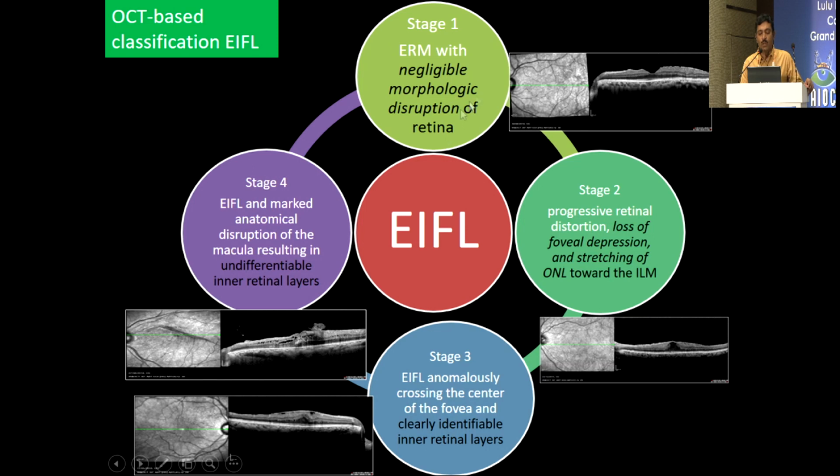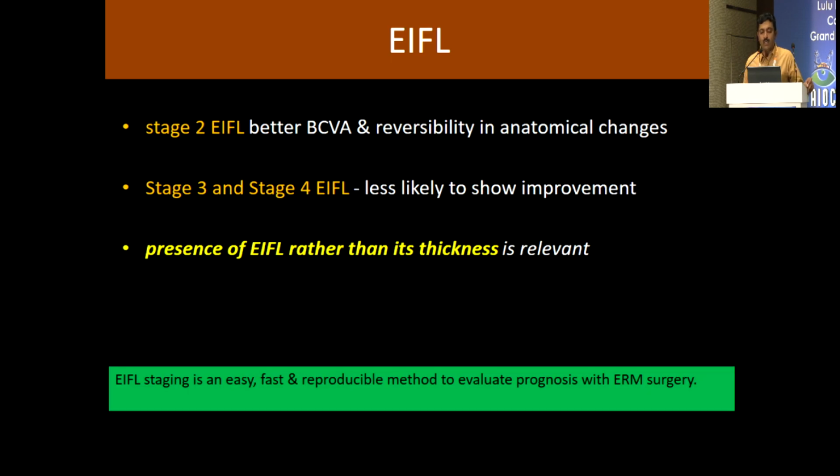There are 3 or 4 grades of ectopic inner foveal layer described in an OCT based classification. Grades 3 and 4 tend to do poorly when compared to grade 1 and grade 2. So stage 2 ectopic inner foveal layers will have better visual acuity outcomes compared to stage 3 and stage 4. The presence of the ectopic inner foveal layer is more important than the thickness of the ectopic inner